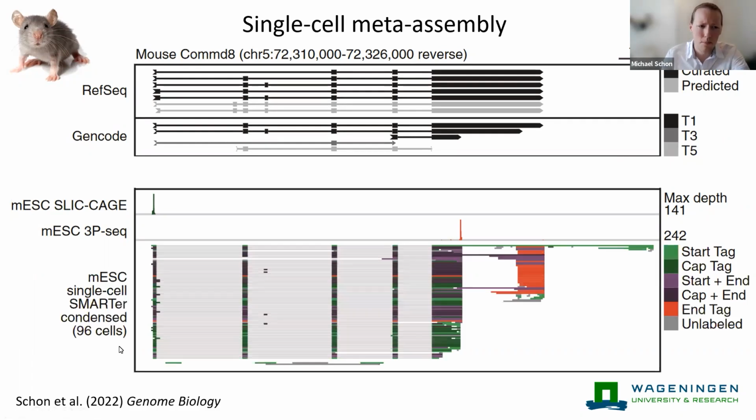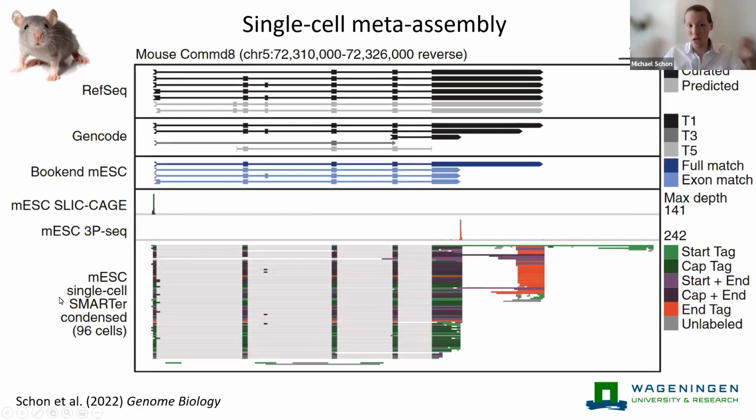So it's possible to take the single cell data sets and actually assemble on the single cell level, and then assemble the assemblies. So I'm showing here 96 individual assemblies that have been condensed into one large pile. That pile is passed through Bookend a second time in order to assemble the assemblies. If we layer in the 5' and 3' data from other experimental methods, then we can build one giant meta